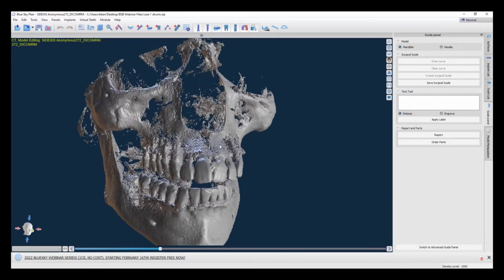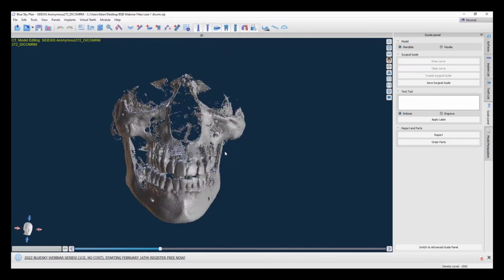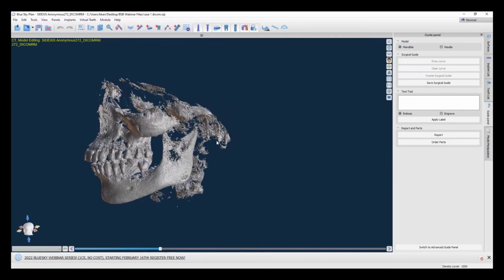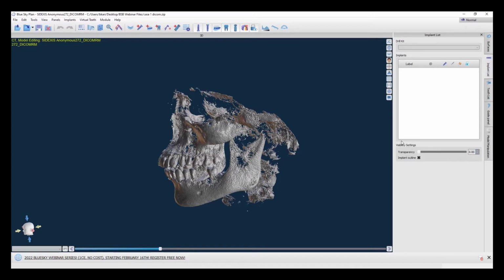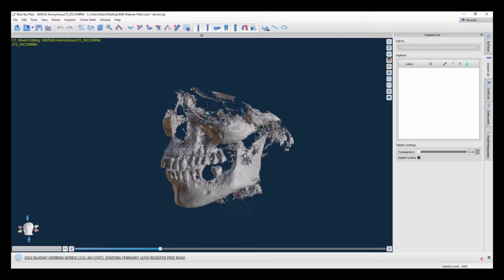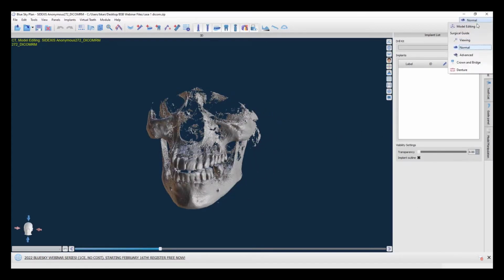In the normal module, this is oftentimes what you'll use for implant planning, although it does limit some of the options that you have available to you as far as customizing certain implant sizes or different functionality within the implant list. So I'll go and click on the advanced module,